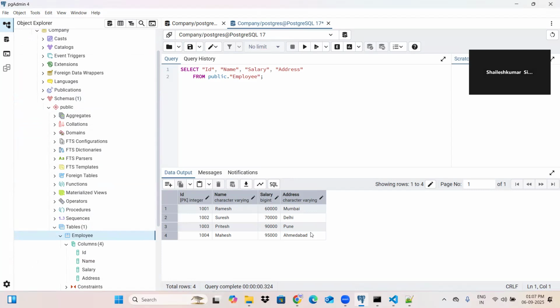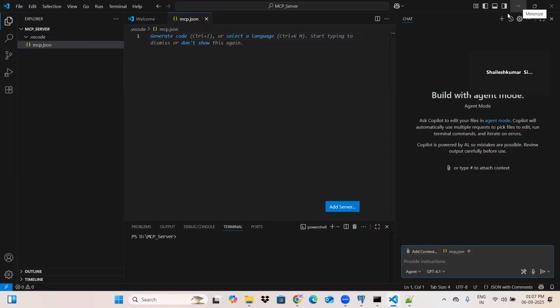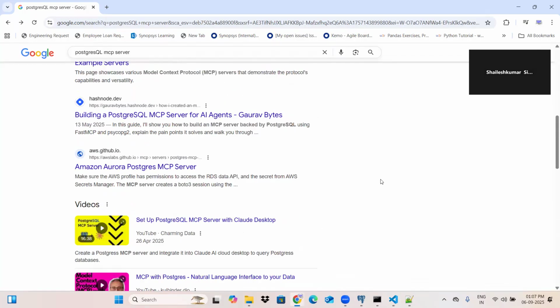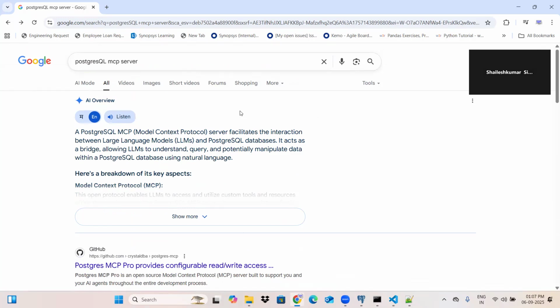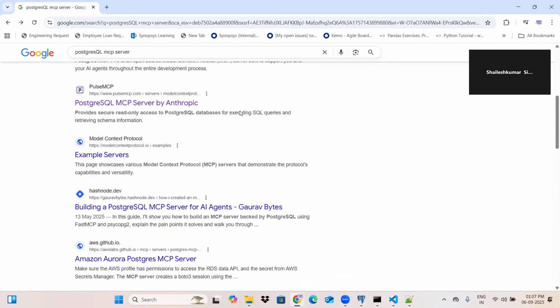We are not writing the query. The query is being written at the MCP server. So through the chat, through the commands, through the prompts, we'll be getting all these records. Now the first thing, as I already mentioned, is installing this PostgreSQL MCP server. Basically, you have to just Google PostgreSQL MCP server, and